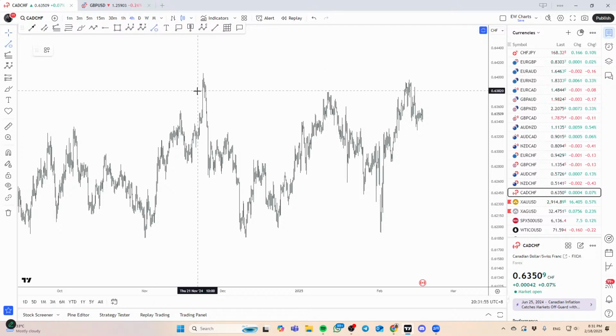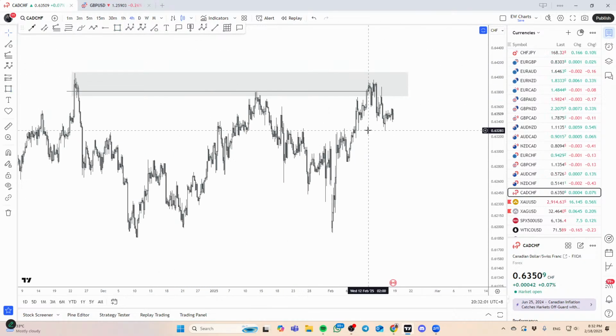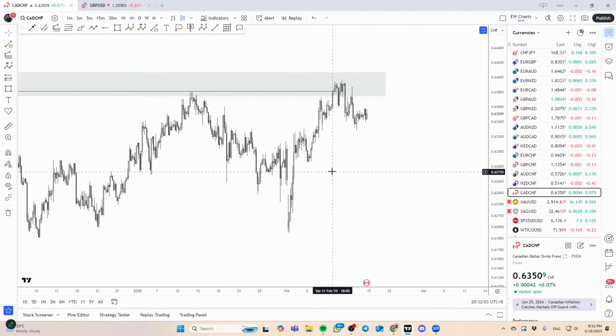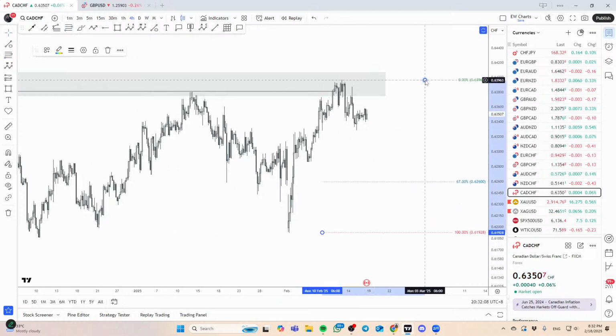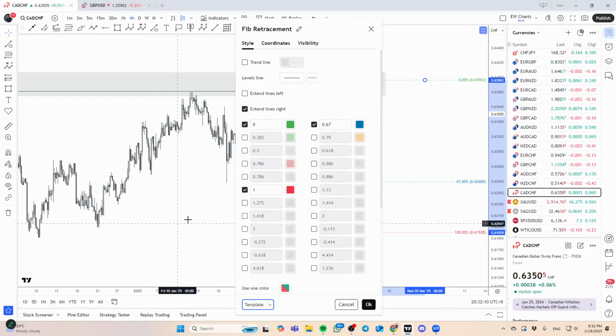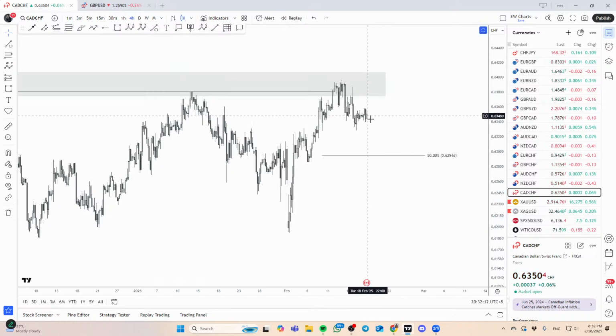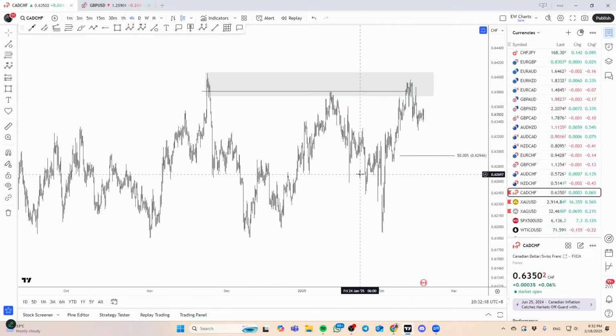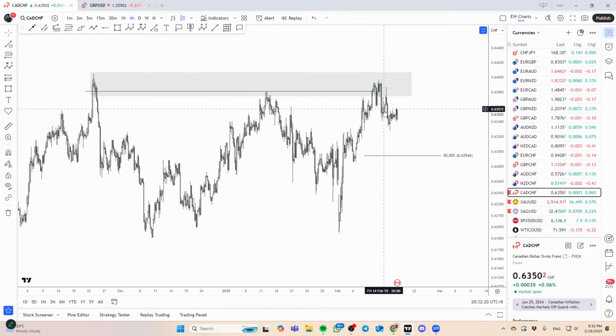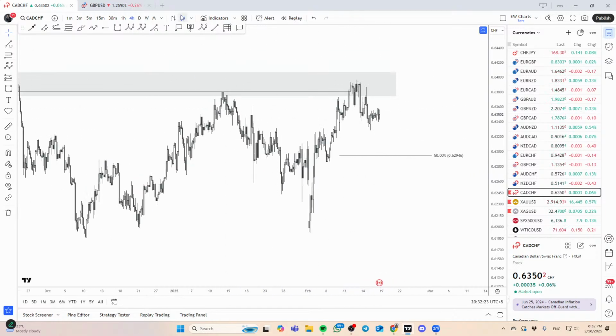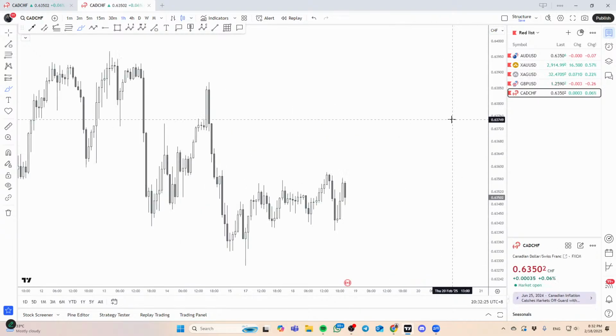On the 4-hour time frame, we do have price kind of reacting off the zone. We may be expecting a minimum of a 50% area, right? So that's still that downside potential. So the bias is definitely downside for now. We have a decent reaction off here as well. If I go down to the lower time frame,